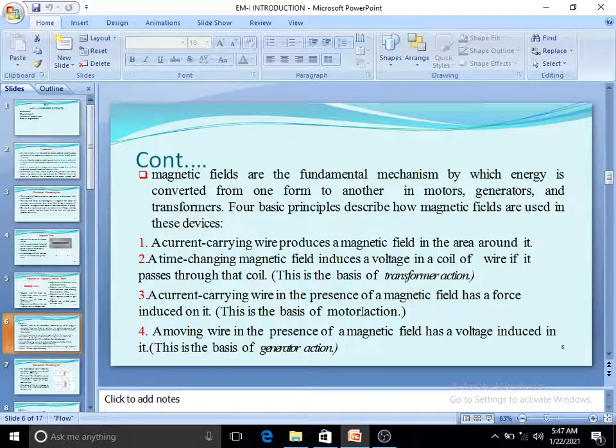So what about the generator? Let us see. In the DC motor, we place the current-carrying conductor under the magnetic field. In the generator, it is a moving conductor in the presence of the magnetic field. If you want to operate a machine as a generator, we need to place a moving wire or moving conductor in the presence of the magnetic field, and then we can create the generating action. So by using these three principles, second, third and fourth, we operate our transformer, motor and generator. Okay, just focus on this slide.